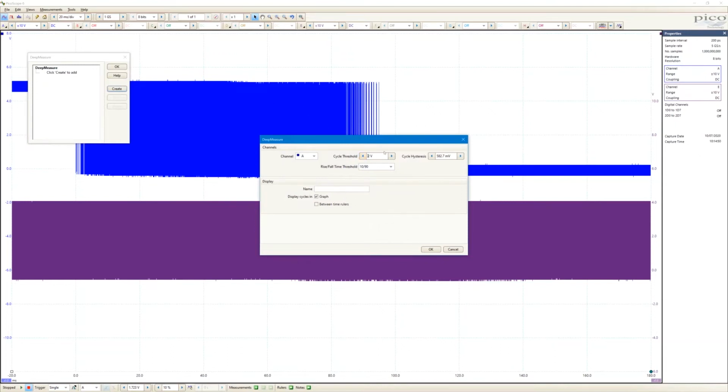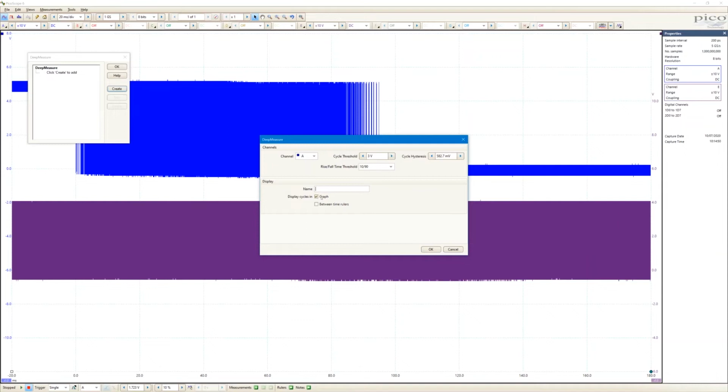I define where my cycle threshold is. So let's put it at 3 volts. That looks about right, somewhere in the middle of the pulses. The rise and fall time threshold, either 10-90 or 20-80. I could give it a name if I wish to.